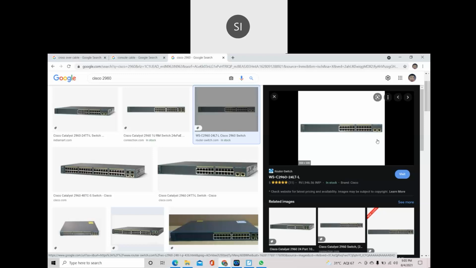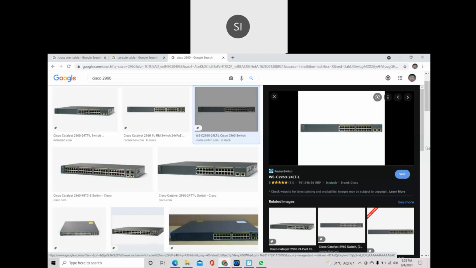One interface is reserved for the console. How can we identify which one is for the console? On the cable they will mention the name, like "console", or they will put a sticker on that interface. Only one interface is reserved for the console port or console interface.